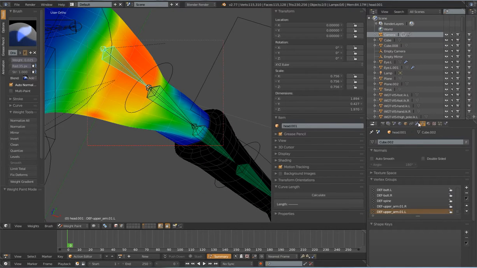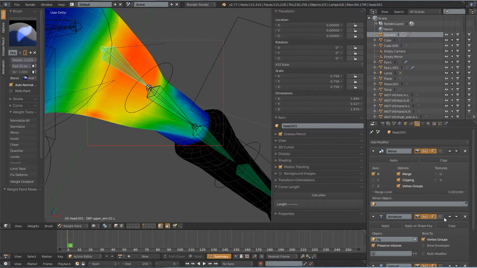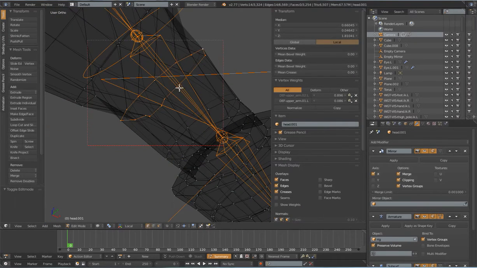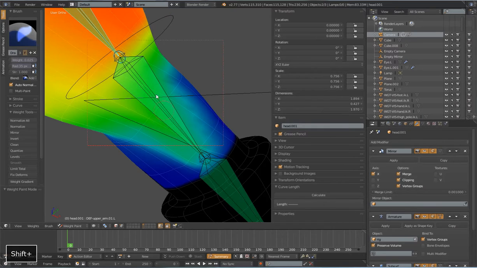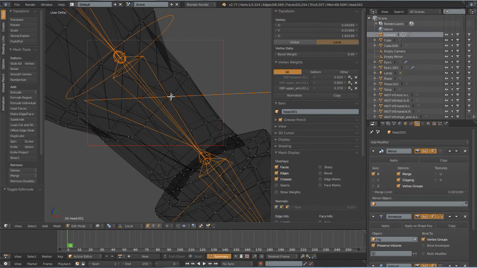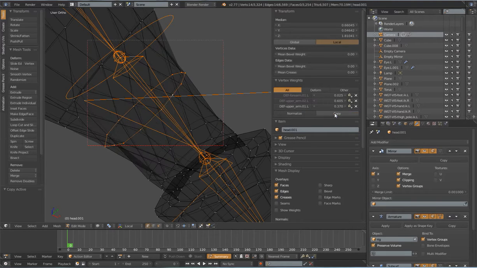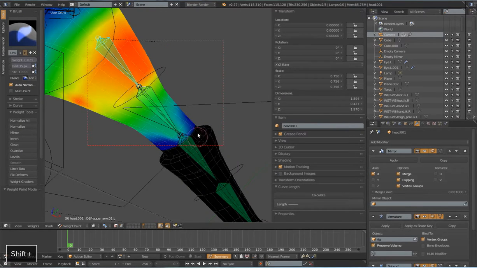Oh, I know what I'm doing. I didn't have my edit cage option in edit mode, so there we go. Which one did I want? This one right there. Alright, so select that whole loop, make this one active, normalize it, copy it across, and